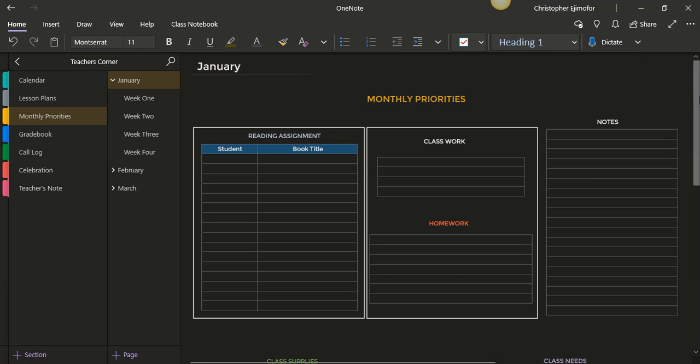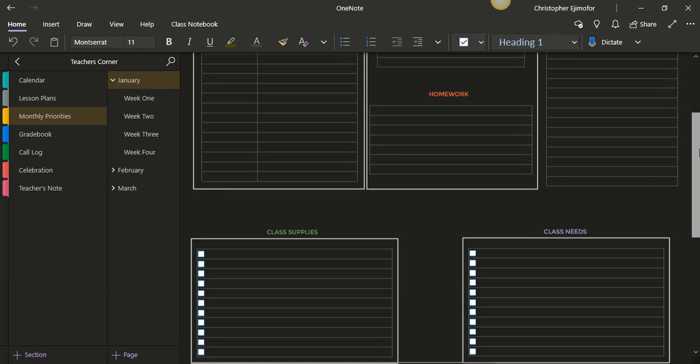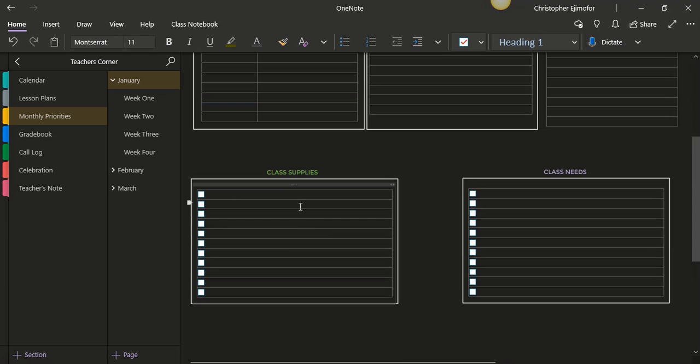And under here you can have the class supplies and what the class will need when the supply is running out, what they will need. Okay,